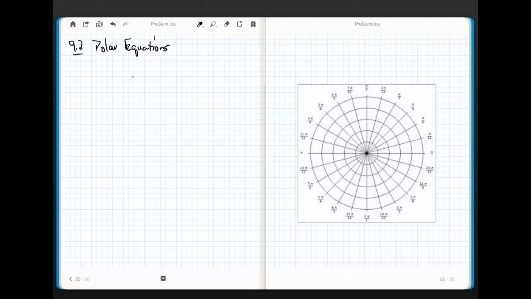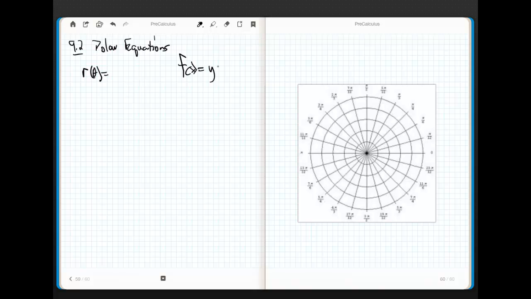Now we get to have a little bit of fun. Now that we know how polar coordinates work, let's talk about polar equations. A polar equation works very much like any other equation. In other words, rather than having f of x equals y, what we're going to have is r of theta